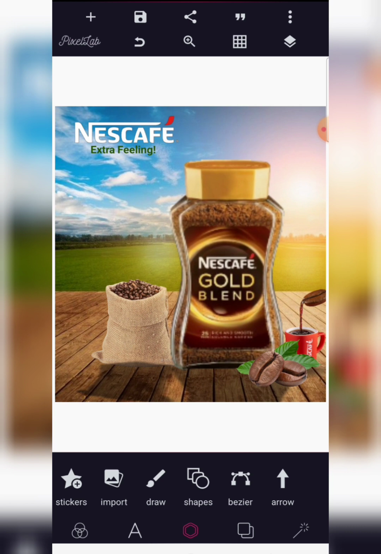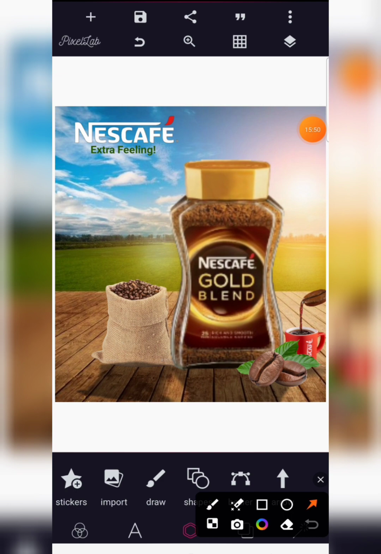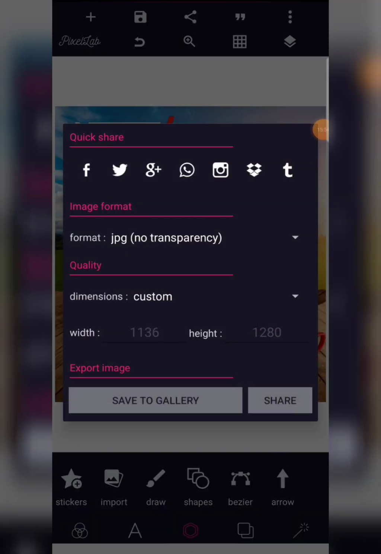Okay, so after achieving all of these, we check and everything is well in place. The next thing we are going to do is to save our work. So let's save our image as PNG